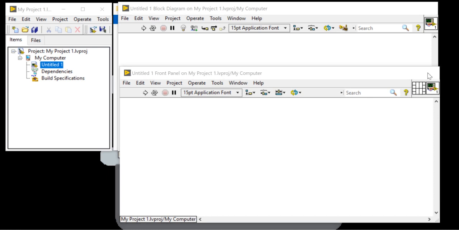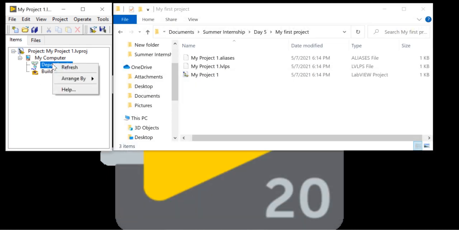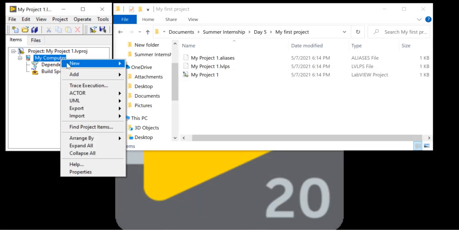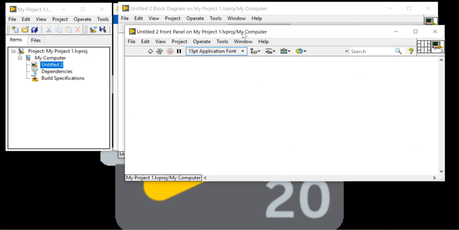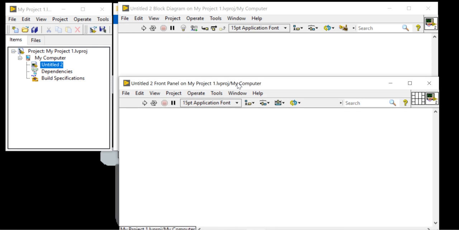When you click and create a VI, an untitled front panel will come. The untitled front panel and block diagram will open. Now you can see the untitled front panel of my project 1, and the untitled block diagram of my project 1. Now come here.